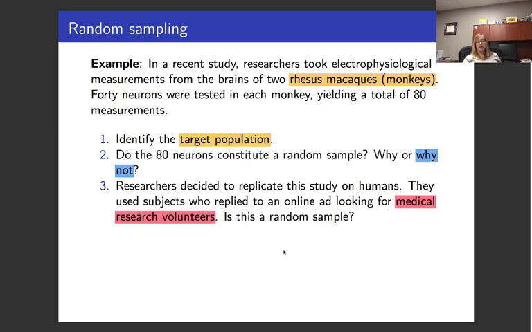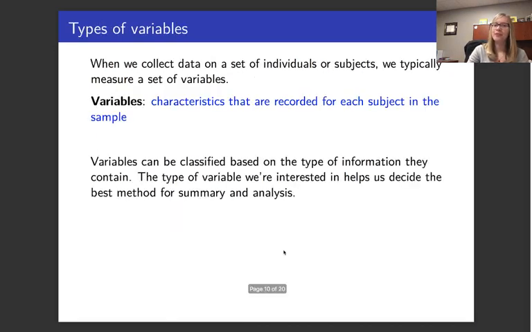I would have to choose randomly from that list. I would have to be able to get people that I chose to sample at random to participate. Working with human subjects, it's pretty difficult to sample randomly. But that is okay. We will talk about different modifications that we can use, different other ways to incorporate randomness